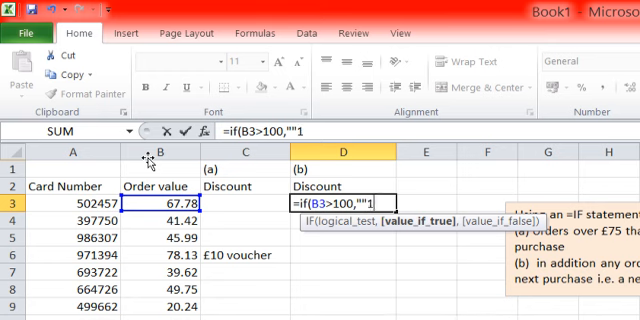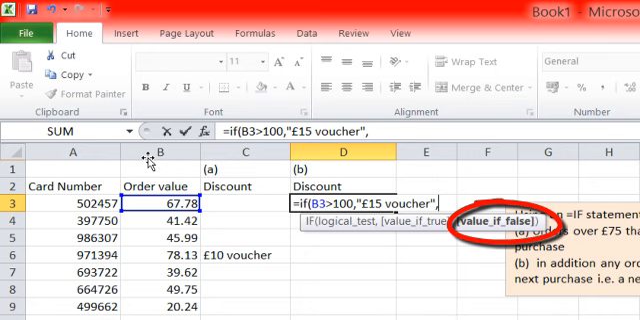Now if this is true, then like before, I'm going to tell it that we want to print the word, but in this case I'm going to give it a £15 voucher, so I shall just type that in, finish my double quote for the statement, and do a comma. And now if it's false, we want it to look for a second condition,